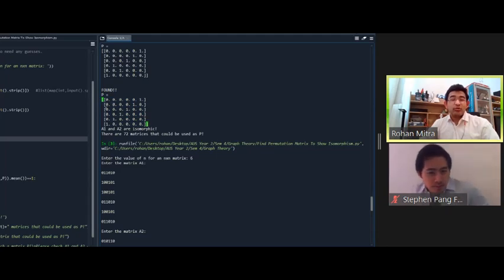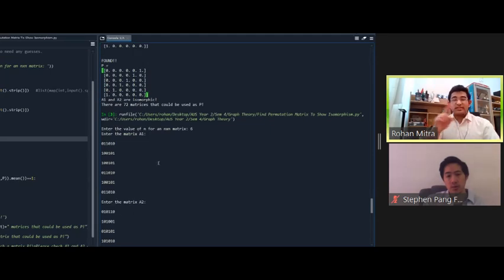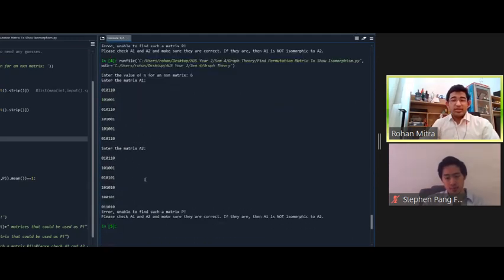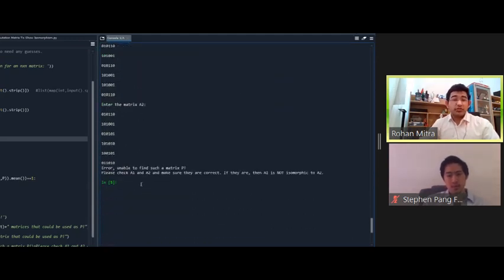And then slowly I move each of the 1s around like you're playing Sudoku. You would try it out and see if it would work. And that's essentially what my program is doing. So it tries out all the different possibilities to place these 1s in a matrix. That's why it doesn't take too long. Even though it was a 6x6 matrix, it took maybe less than half a second, because